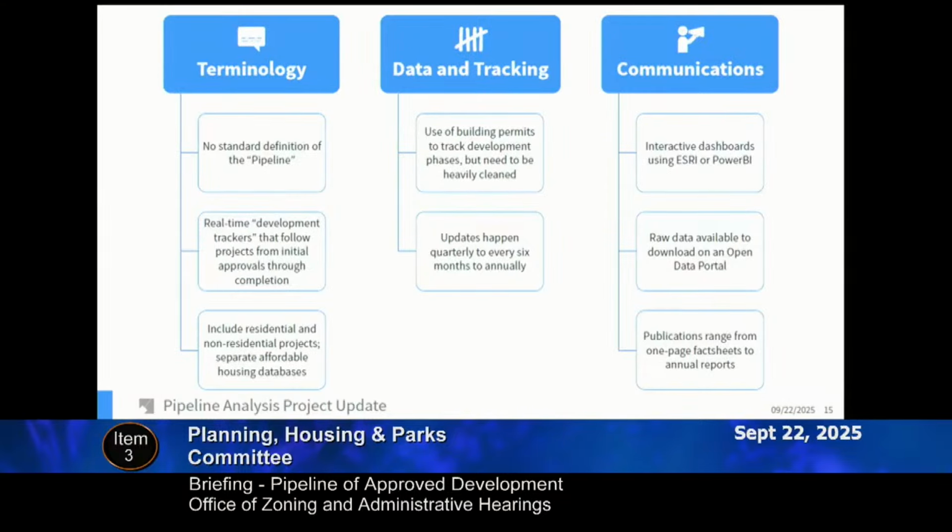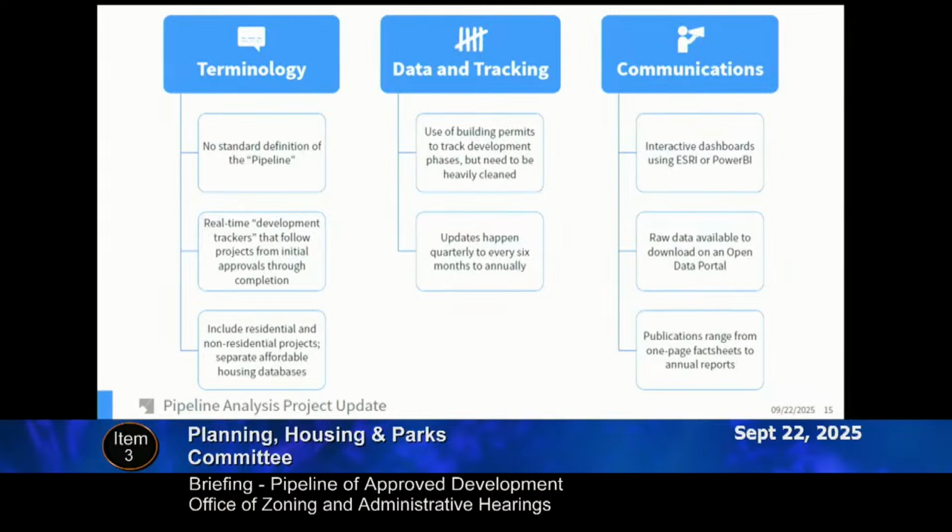In terms of gathering the data, jurisdiction websites do not always provide clear information on how their data collection was conducted, but we also had conversations with planners in San Francisco and Arlington County, and they highlighted the use of permit data as their primary source, though they did also cite the need to heavily clean and quality check this permit data before publishing. Prince George's County, on the other hand, uses online data systems such as aerial imagery and SStat to track their build-outs.